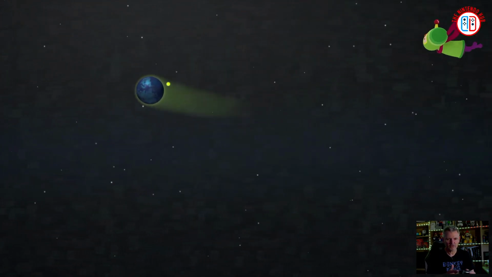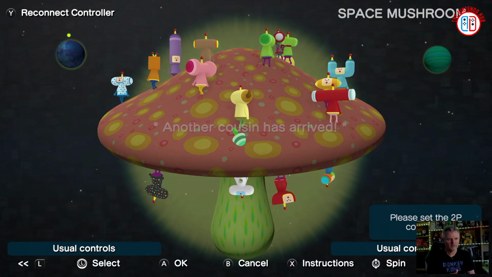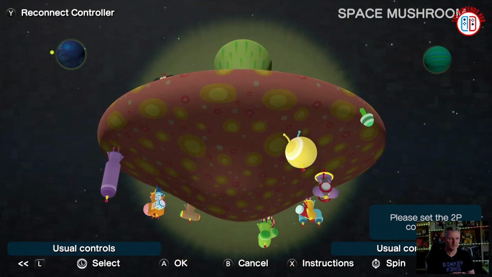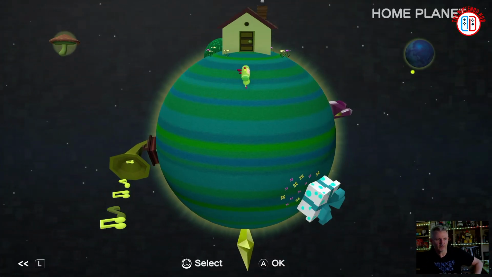But the multiplayer, I haven't actually played this with multiplayer. The multiplayer options look pretty cool. You can choose another character to join you. Look at that. It's awesome. I can spin it around. Reminds me of Mario Galaxy. But let's go back to the hub. And let me just jump into...